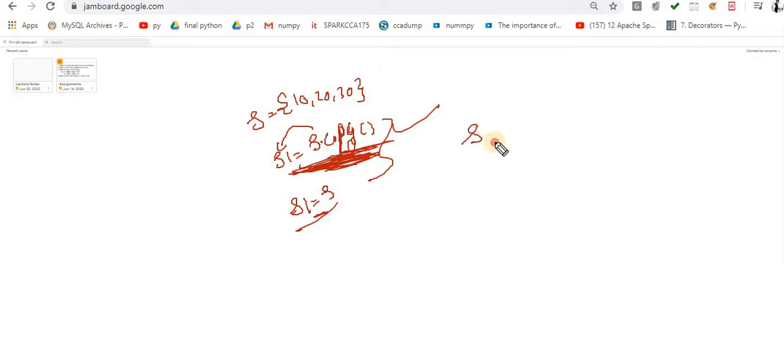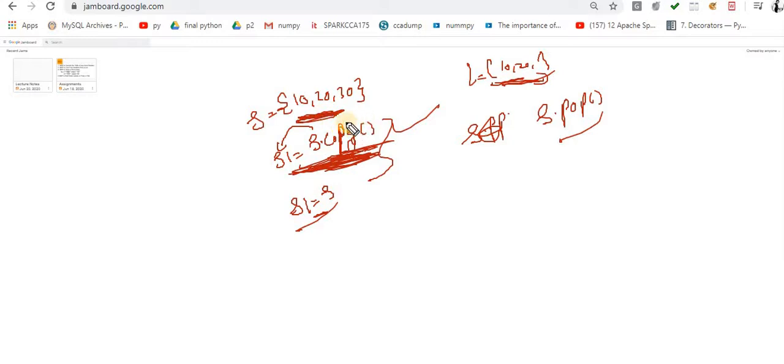Okay, pop, s dot pop. It will remove any item from this set, because these are unordered, so it will never remove the last element. In the case of list, it always removes the last element as we know, because these are continuous memory locations, but set is not a continuous memory, it is unordered.